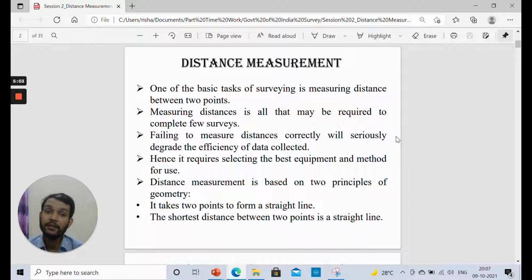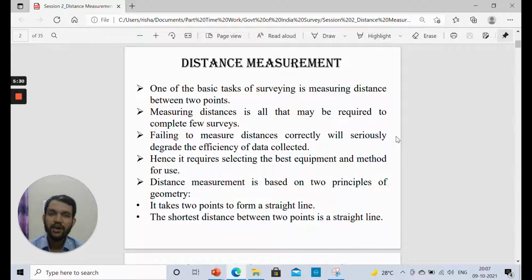At one time it will only display an error of 0.1 meter, but if a long distance is being surveyed with the help of that tape, that error will be additive, and after the complete survey has been done, it will account for a significant amount of error. So we need to keep track of these readings, and these are basically systematic errors due to errors in the instrumentation, that is the tape here. So these errors can be rectified.